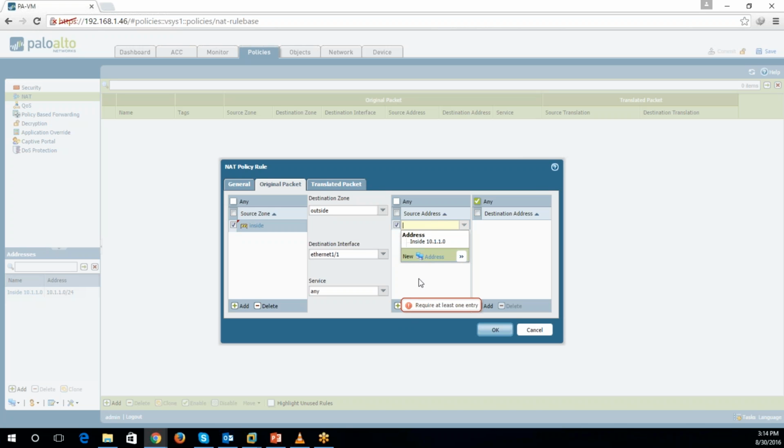Okay, let's just wait here. Now this one inside, we already created this object, so select that. Okay, and destination we choose here any. Okay, now what we have done, let me just explain this thing, that the packet got translated if the packet